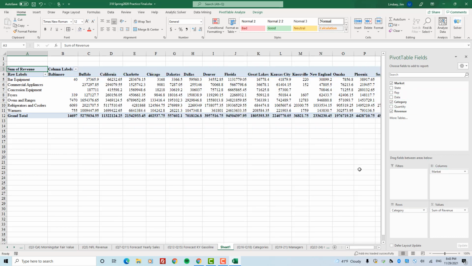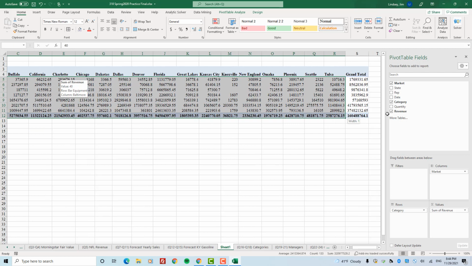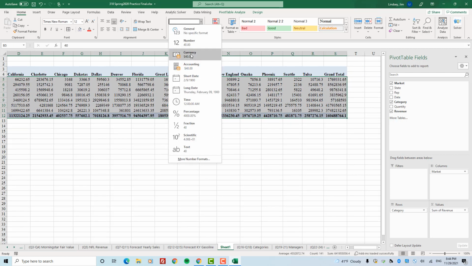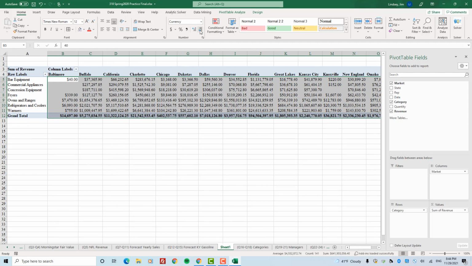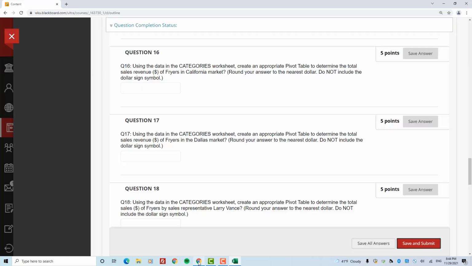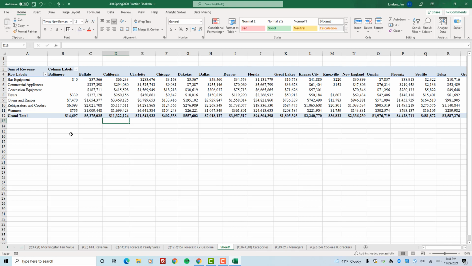Boom, there it is. And so as I look at this, let me just format this as currency, because that's what it is. Get this formatted as money. I'm going to do that as currency and take the decimal places away. As I look at this, the question was, what was the total sales revenue of fryers in the California market? Well, I can now find that out. So here are fryers in the California market right there. So there's my answer right there,